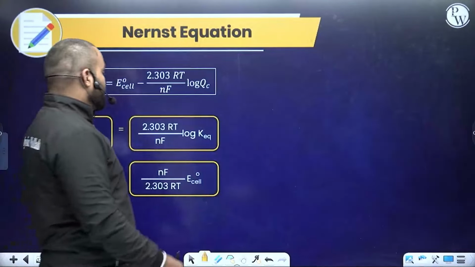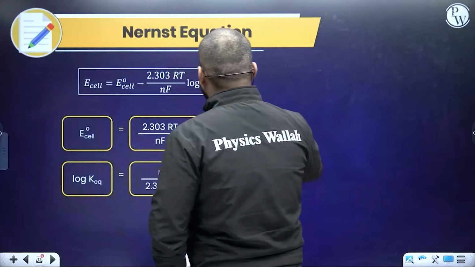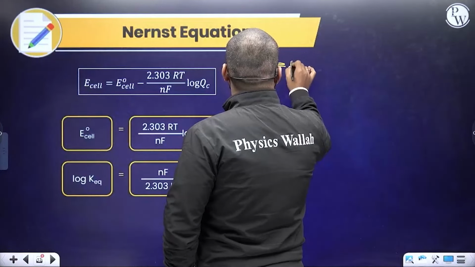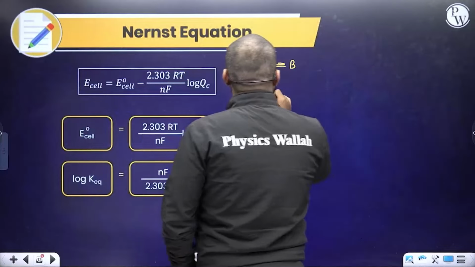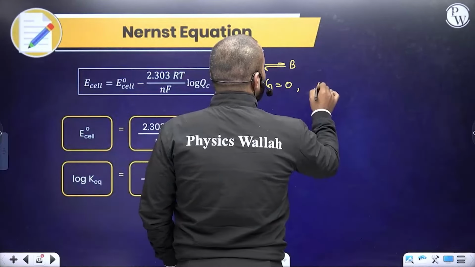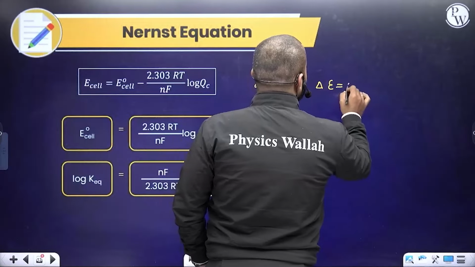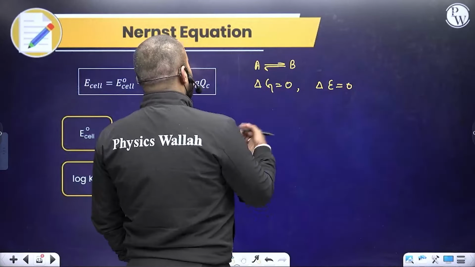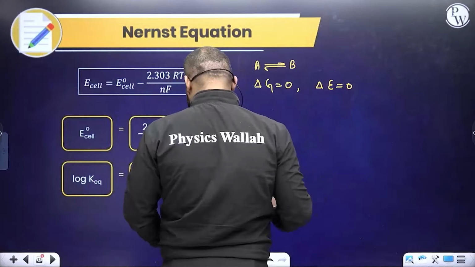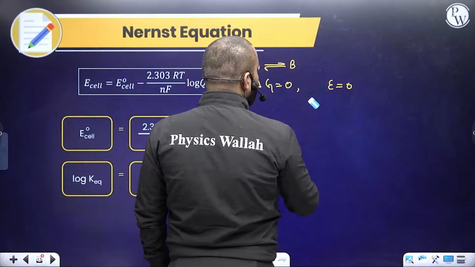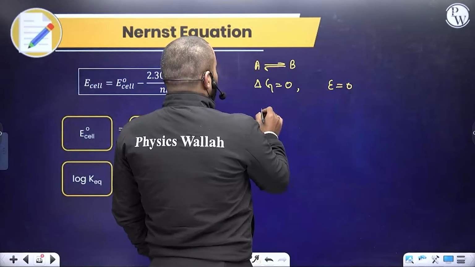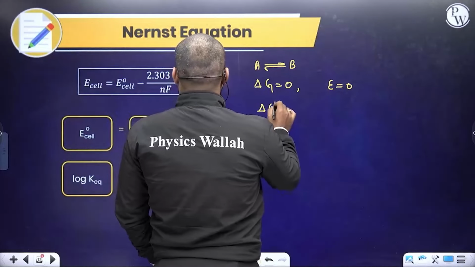Now this is what I just drew for you. If the reaction has achieved equilibrium, suppose A is in equilibrium with B, in that situation delta G becomes 0. Also E equals 0. If delta G is 0, E is 0. E means E cell. Then